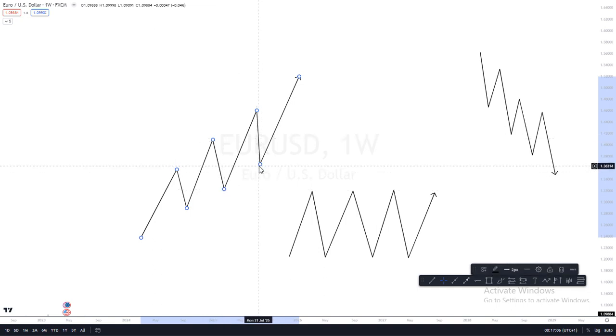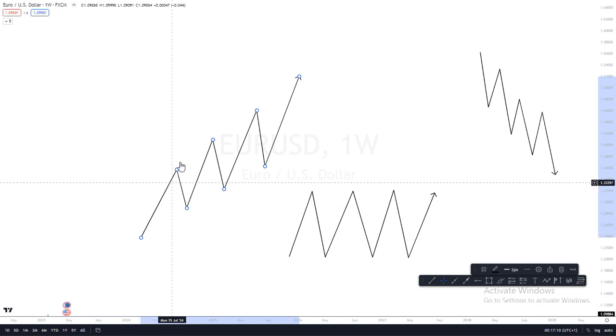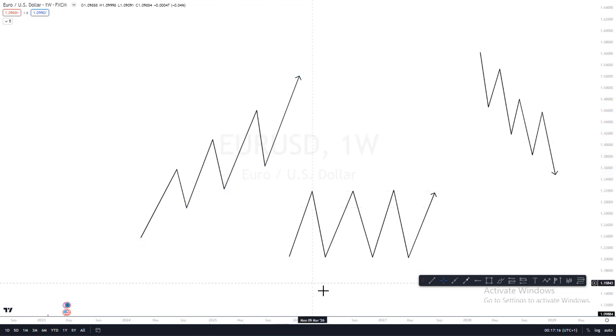It's in an uptrend just like this. Now, in this market, we can see it's creating a series of higher high, higher low, higher high, higher low, higher high, higher low, higher high, right? What you want to take note of on the higher time frame, which is the 1 week, is